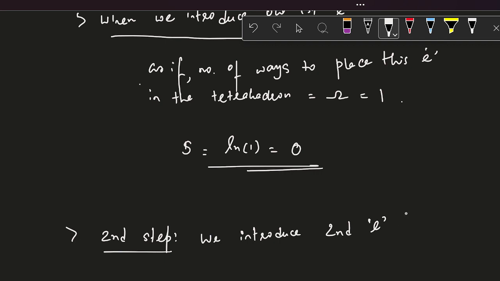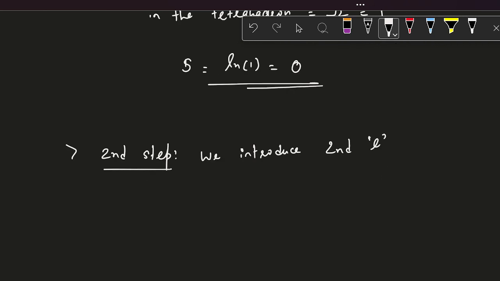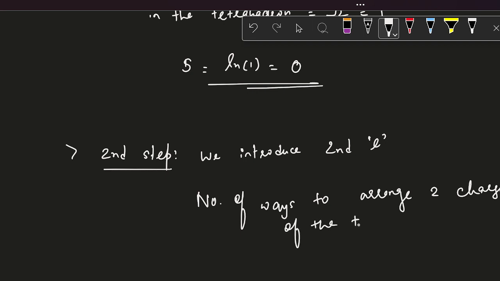You have to take that into account, and now we ask in how many ways you can have two charges by introducing the second charge to the system. So the number of ways to arrange two charges among all four corners of the tetrahedron